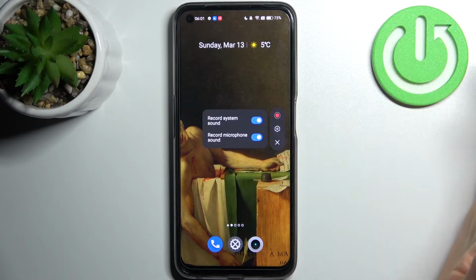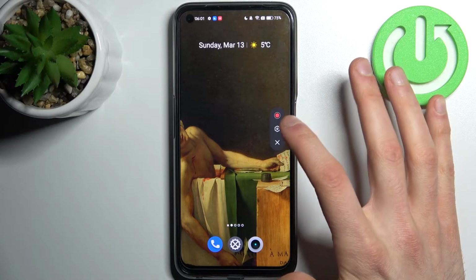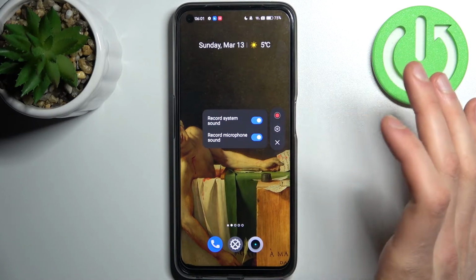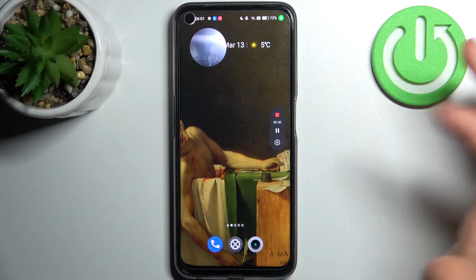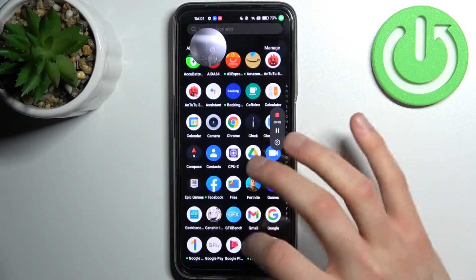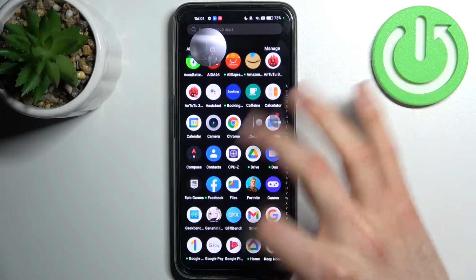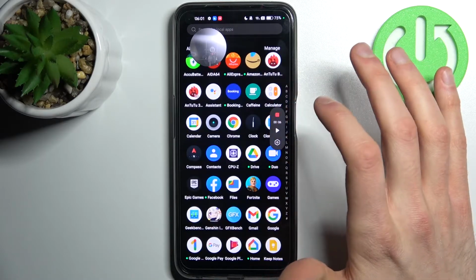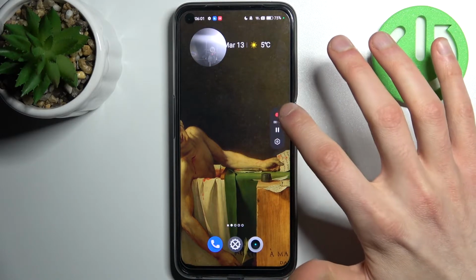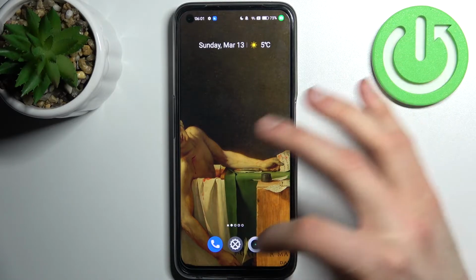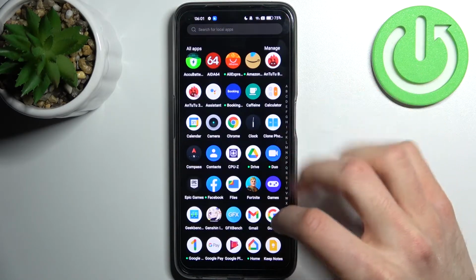Here you can access some settings too, some sound settings for example. And to start recording, just tap on this red button and recording starts. So let's record something. You can also pause recording by tapping here, then play it once again. And to stop recording, you just tap on the red button once again, and after that recording will be saved